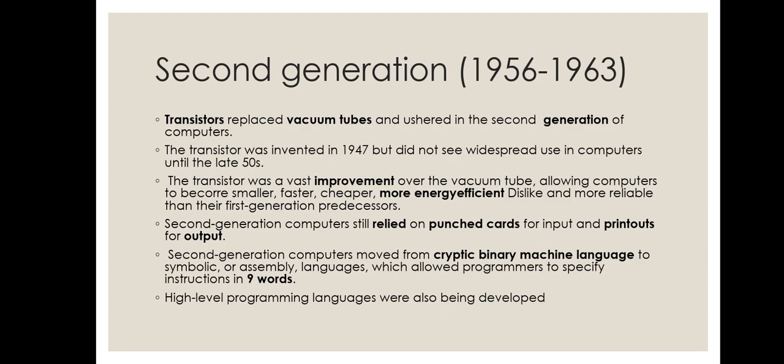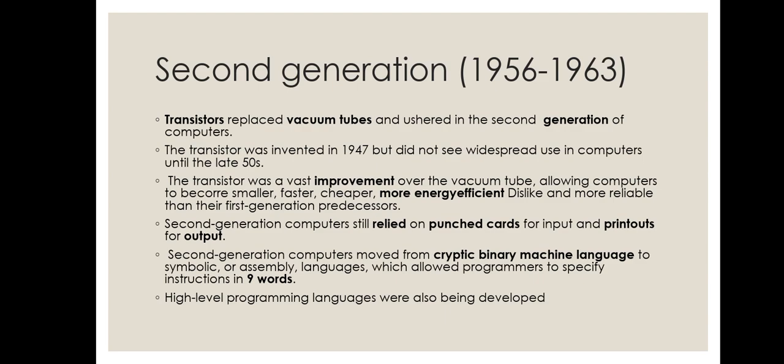The transistor was invented in 1947, but did not see widespread use in computers until the late 1950s. The transistor was a vast improvement over the vacuum tube, allowing computers to become smaller, faster, and cheaper,